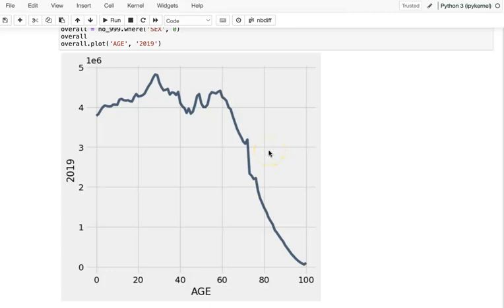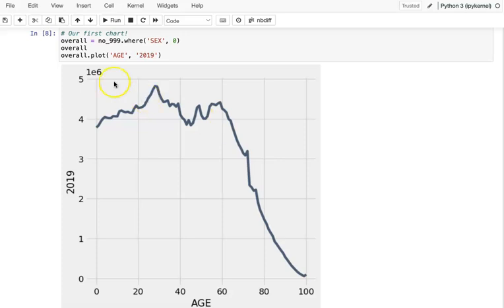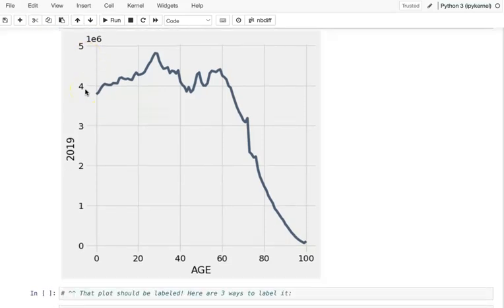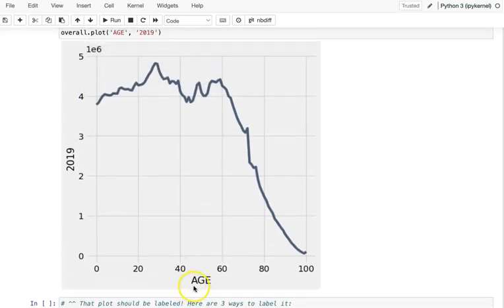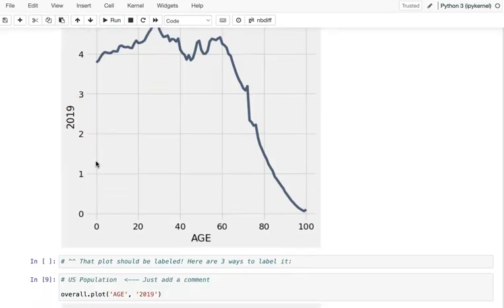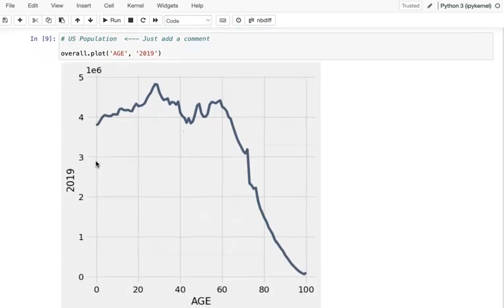Let's finish up what we left over from the previous video. So after we create our first chart, that's the age against the population in 2019, if we want to add a label on that, because by default you can see they have the x-axis title and the y-axis title. If you want to add a title for your chart, so one thing you can do